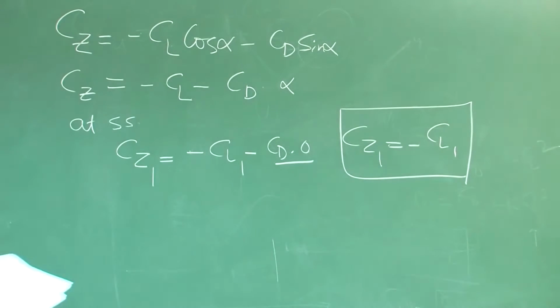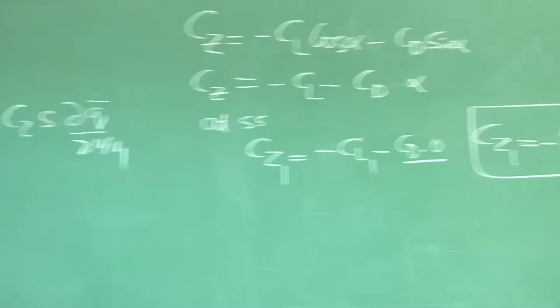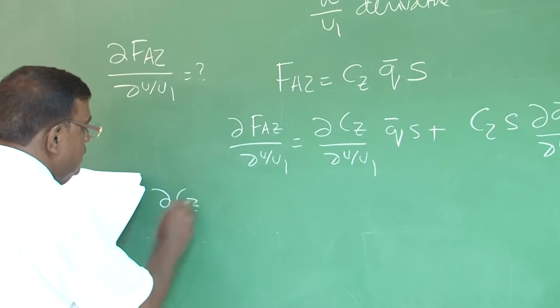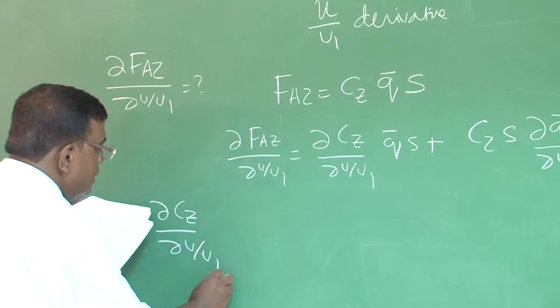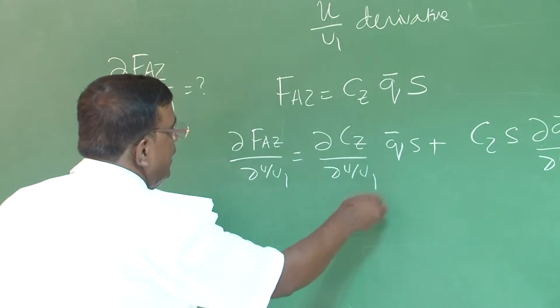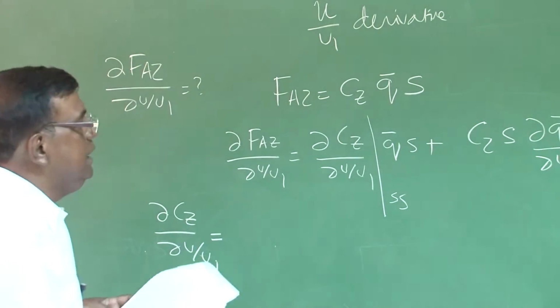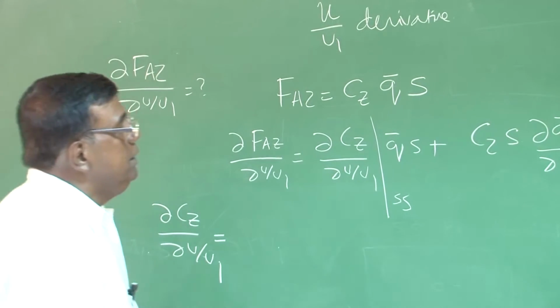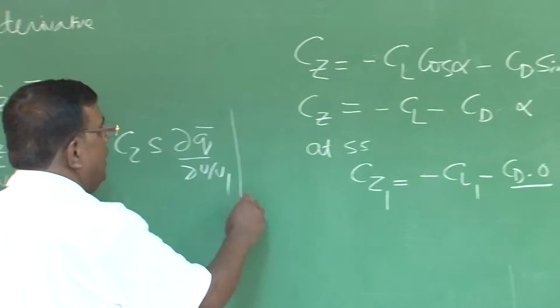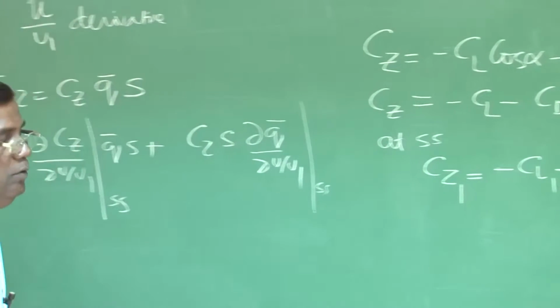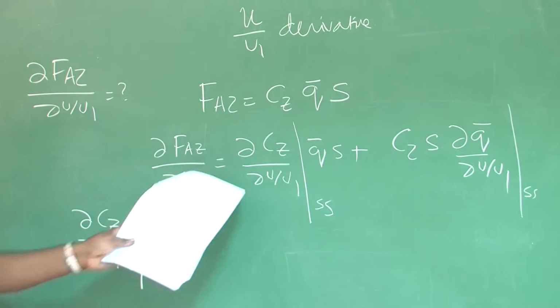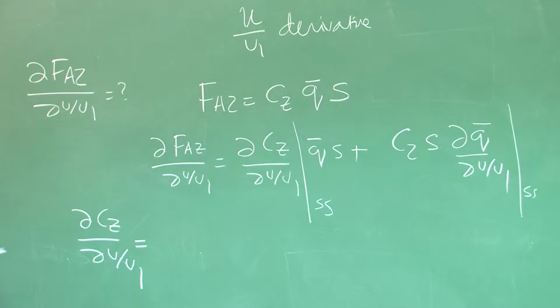This is one we have got. Second thing, now we do dCz by du by u1, which is this term we are trying to evaluate. Please remember, we have to evaluate at steady state. Do not forget one thing, already we know how to handle this term, dq by du by u1. So let us see, this is dCz by du by u1, and that I can write as,